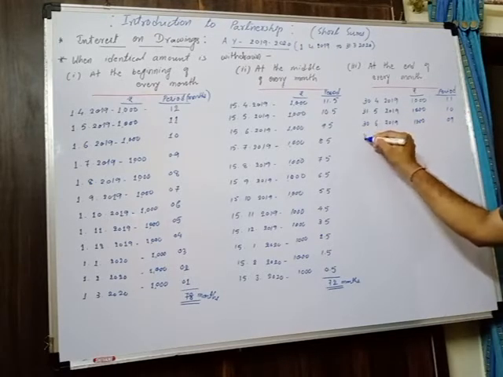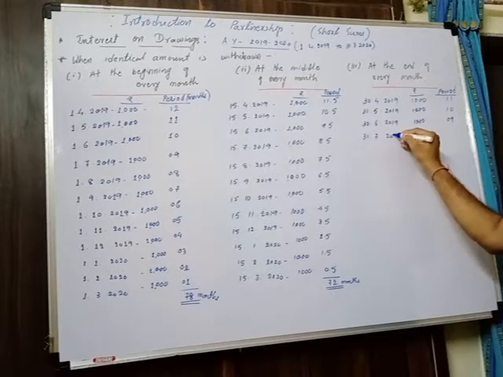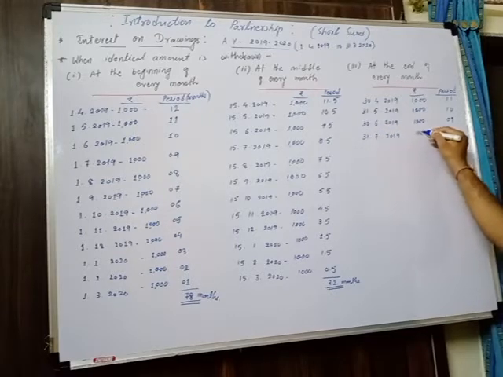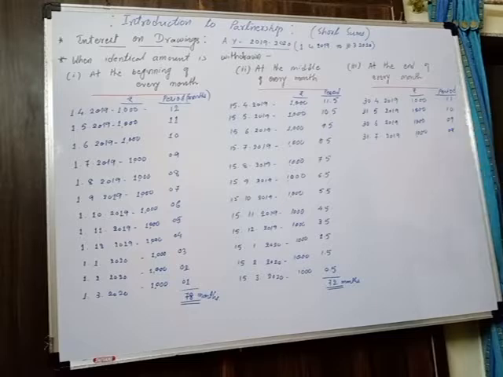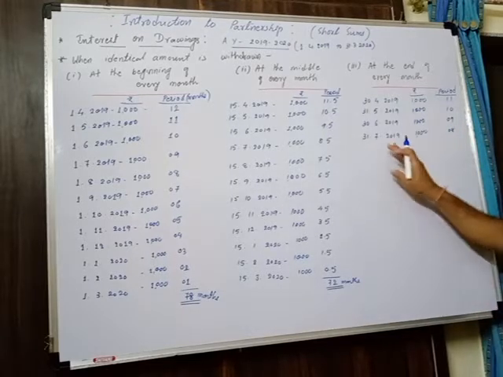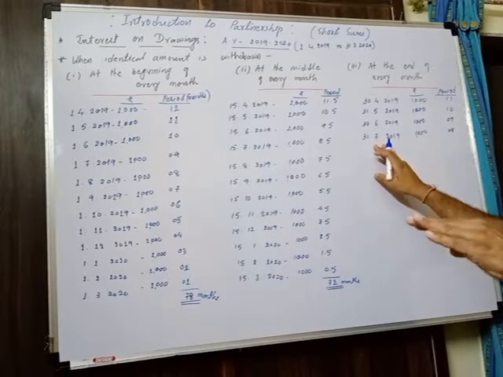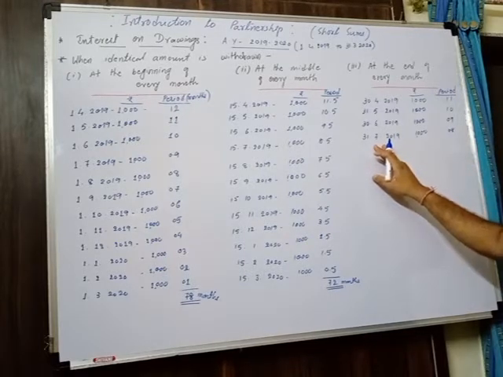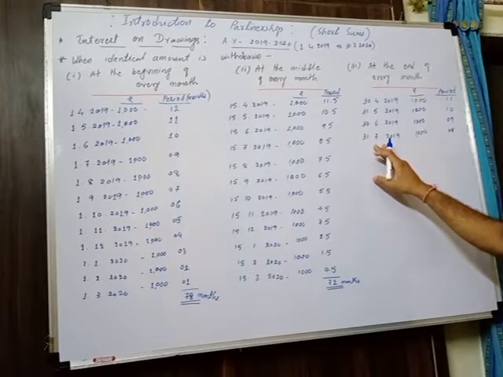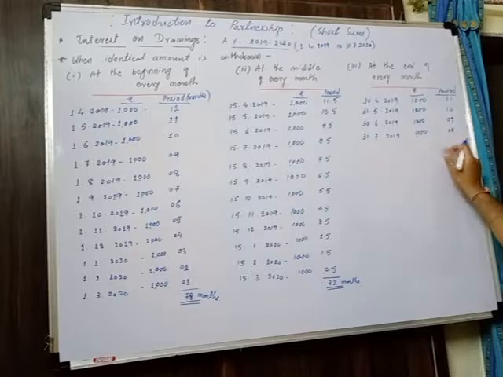Then 31/7/2019, next drawings 1000, and the period will be 8 months. You can confirm your answer, that is, you know how to calculate the month. 31/7 means end of July, so we have to start with the August month. August, September, October, November, December, 5 months, and January, February and March another 3, total 8 months.